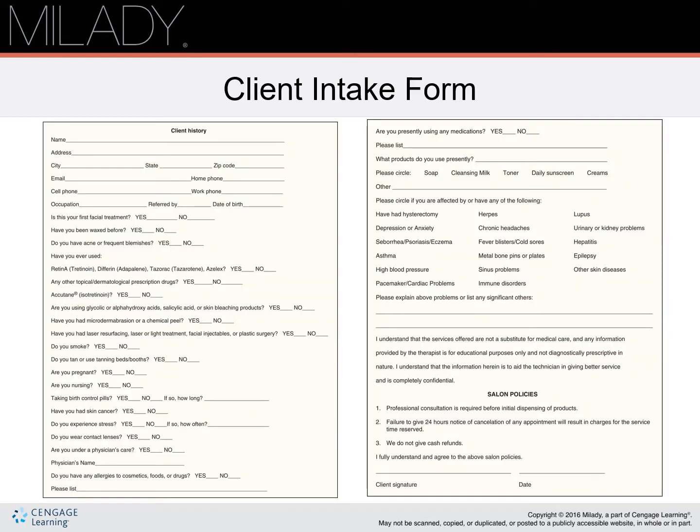Okay, so conditions that prevent facial services. Guests should not receive waxing services if they have rosacea, very sensitive skin, cold sores, recent chemical peels such as glycolic or salicylic acid, or recent microdermabrasion. If the guest is using a topical exfoliation such as Retin-A, Renova, Differin, or any other medical peeling agents as well, or has had a recent laser skin treatment or surgical peel, you also need to